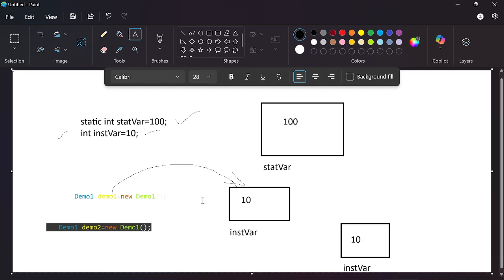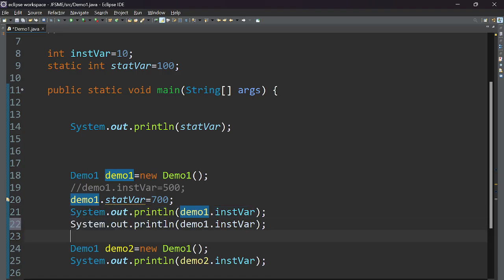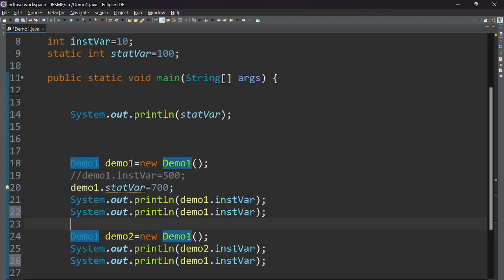Now, what I am doing is, in the next lines of code, I am trying to change this static variable's value to 700. The moment I change the value of the static variable to 700, I then print that static variable for demo 1 and for demo 2. For demo 1 I'll be printing the value of the static variable, and for demo 2 also I'll be printing the value of that static variable. Now when I save it,